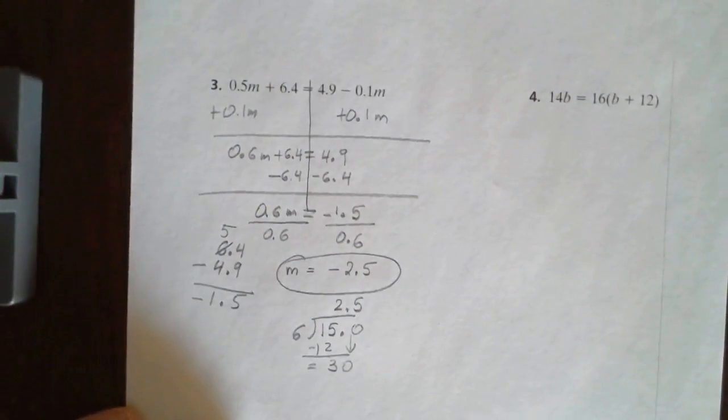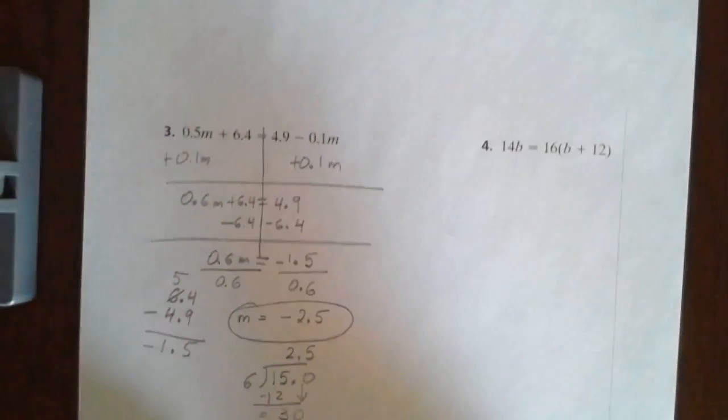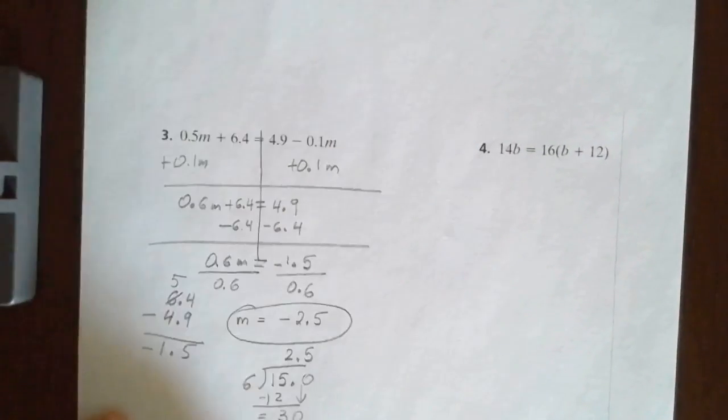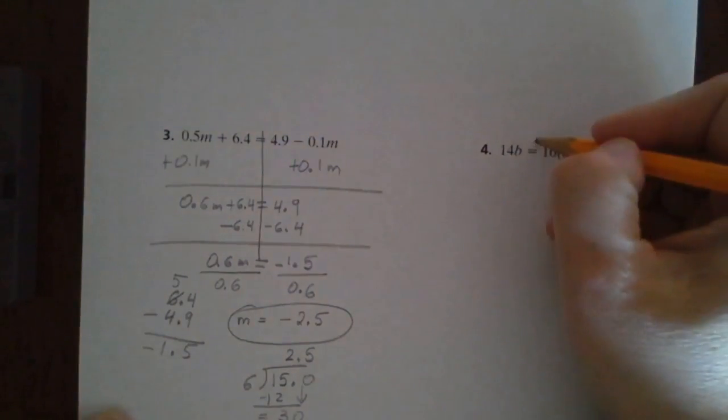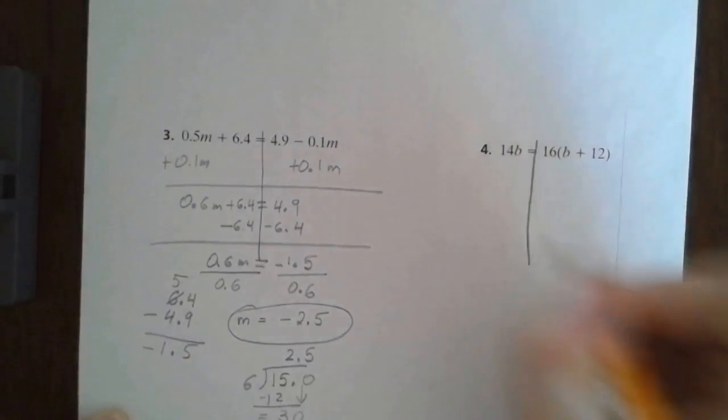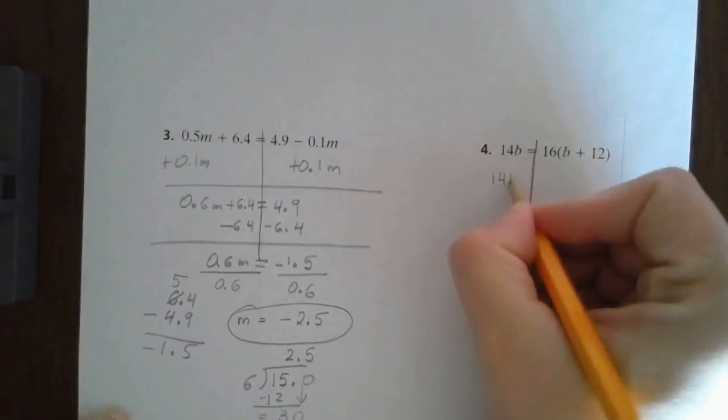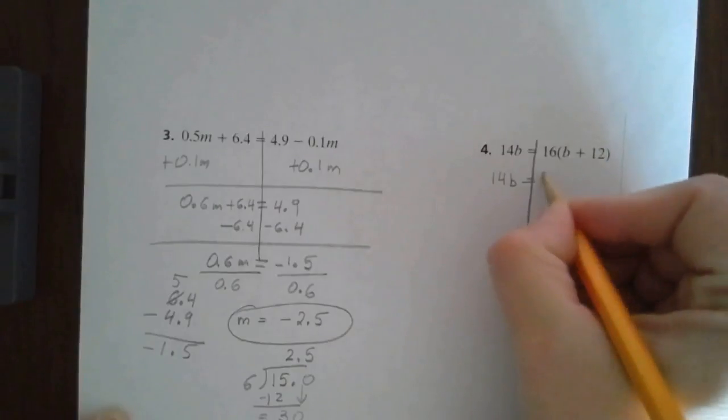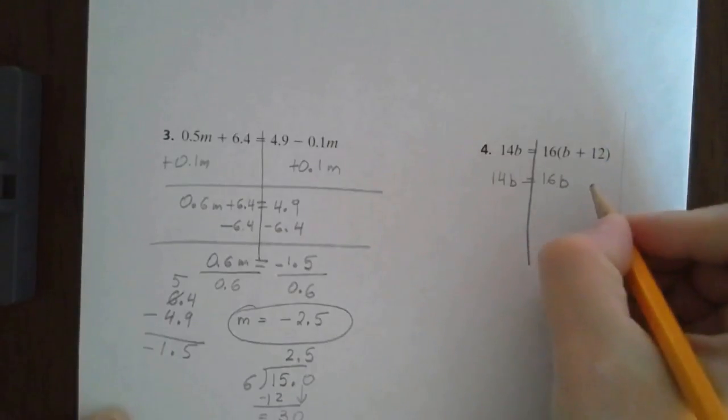Okay, our last problem for today, number 4. Go ahead and do it by yourself. All right, let's tackle it. And once again, distributive property. Okay, it's 14b equals 16b